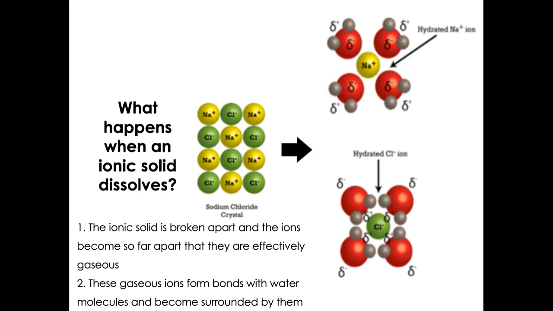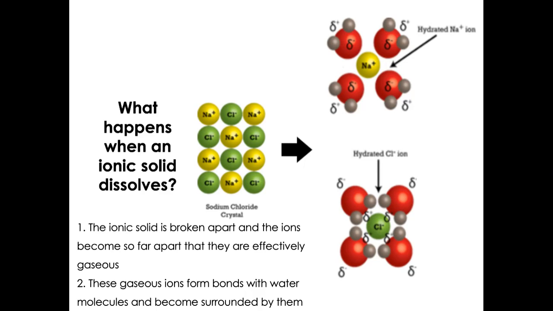So if you've got an Na+ ion, like you've got at the top there, that becomes surrounded by the water molecules. And that's only a 2D representation. There'd be one in front of the screen and one behind the screen as well. And because the sodium ion is positive, the delta negative parts of the water molecule, in other words the oxygen, will be attracted towards it. And that attraction is a bond. And when you're forming that bond, it releases energy. It's exothermic. And the same thing happens around the chloride ion,